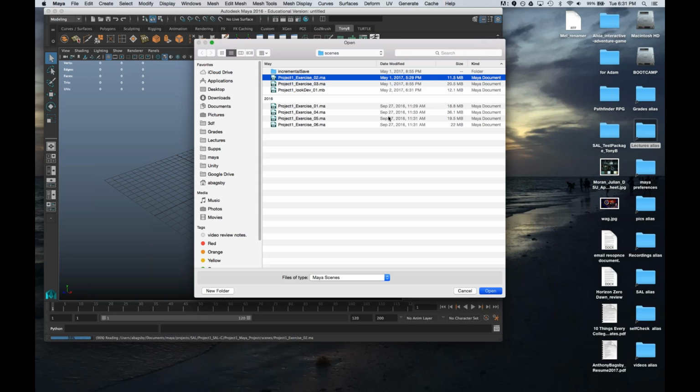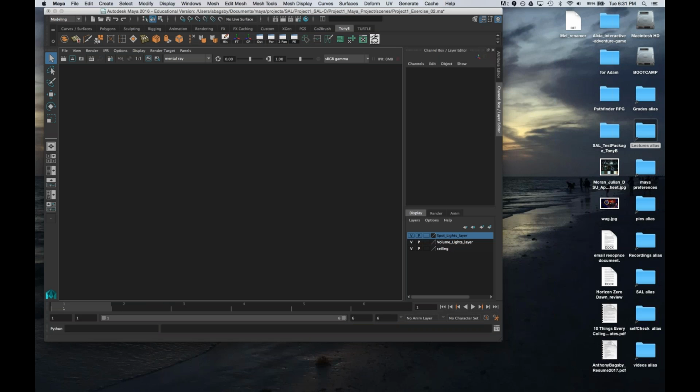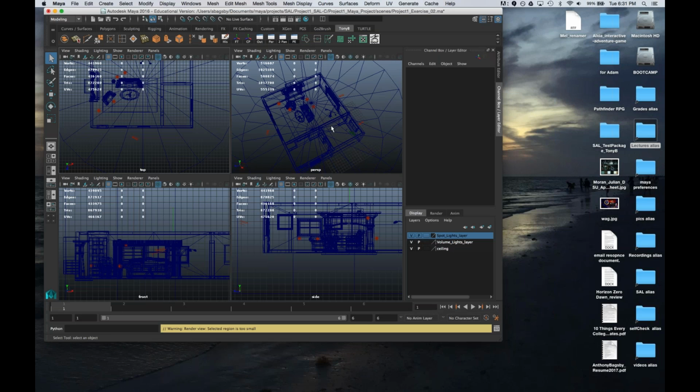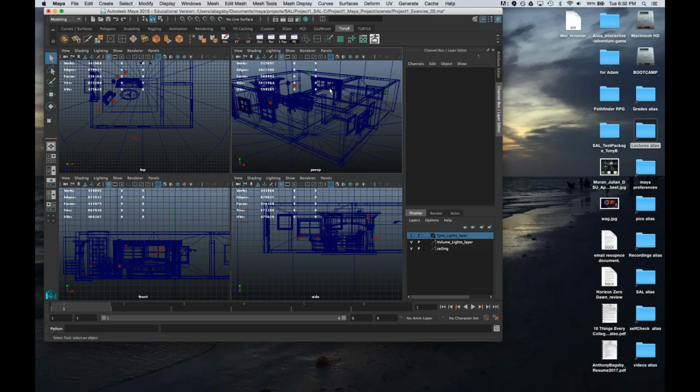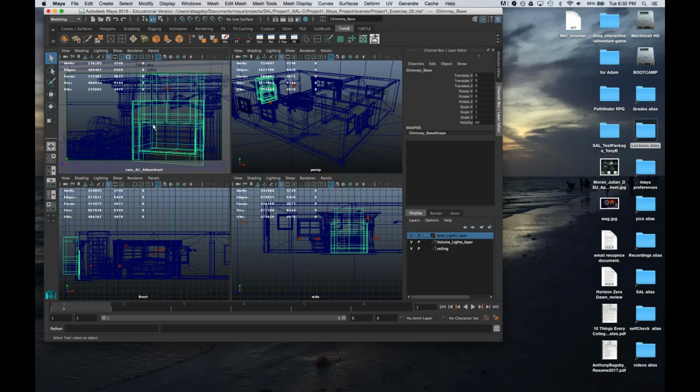I may have crashed Maya, guys. No, I don't think I did. All right, so this is what we're used to seeing. I changed this camera to our render camera. So we got a picture of the fireplace here.